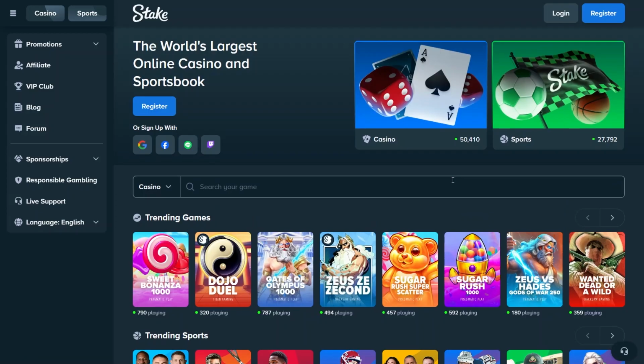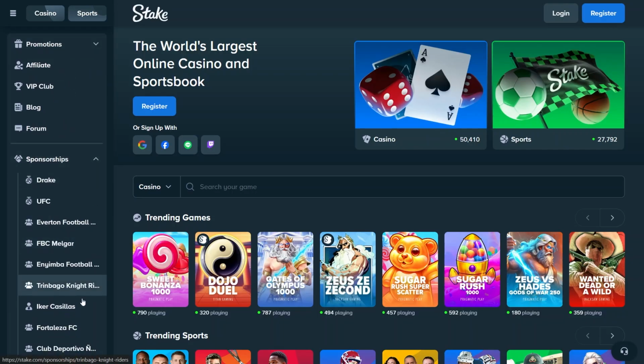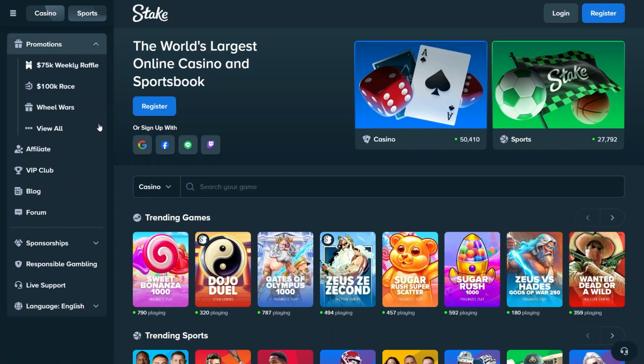First, go to the official Stake website on your browser. Once the page loads, look at the left side menu and click on Promotions. Here, you can scroll through and check if Stake is showing any referral related offers, bonuses, or partner promotions that